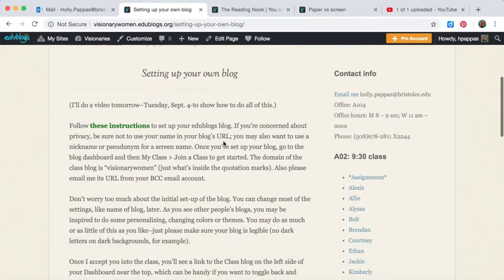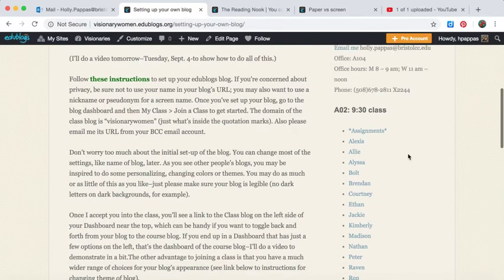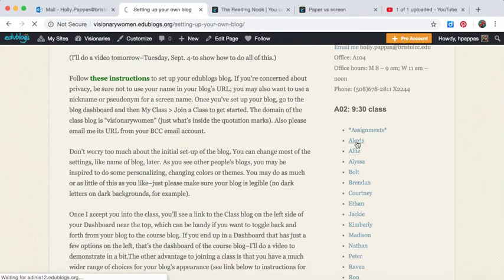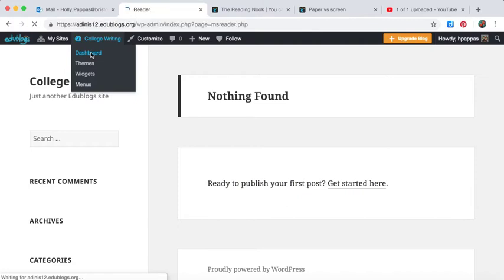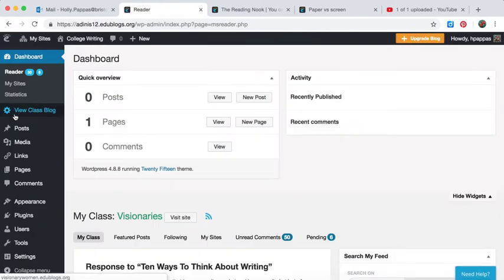Once you do that, I have to approve the request, so sometimes there's a little bit of a time lag depending on when you do the send a request to join. As of Friday morning, I've accepted the requests of everyone that's joined it. But once you do that, you'll get a link here that says view class blog. So you won't have to remember